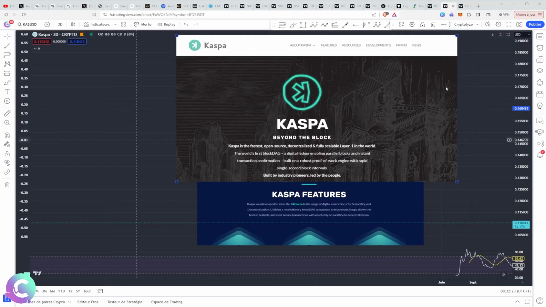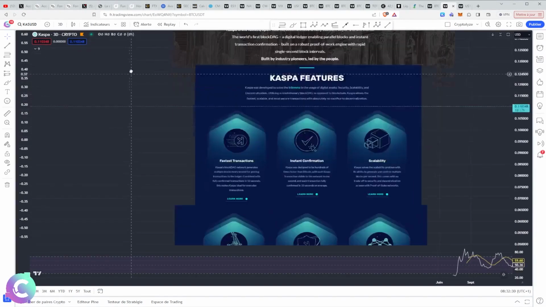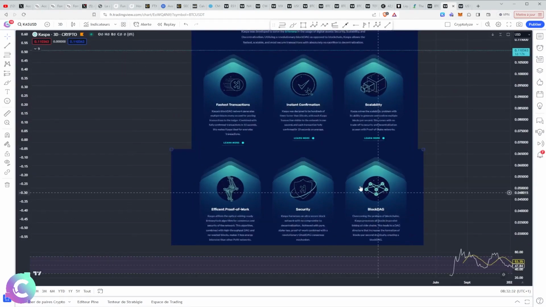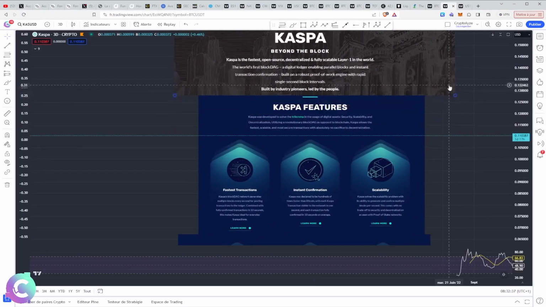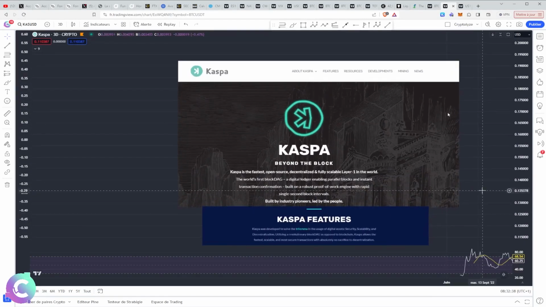KASPA is a level 1 blockchain based on proof of work. We are going to talk about blockchain to simplify, but in this case, it is a DAG. It is a notion of block DAG in which we will have blocks which are validated in parallel and which will eventually join together into a single blockchain. In fact, it is a composition of a multitude of asynchronous blocks which are offset from each other with a finality of 1 second. This is a little bit of what we can find elsewhere in this conception of DAG.